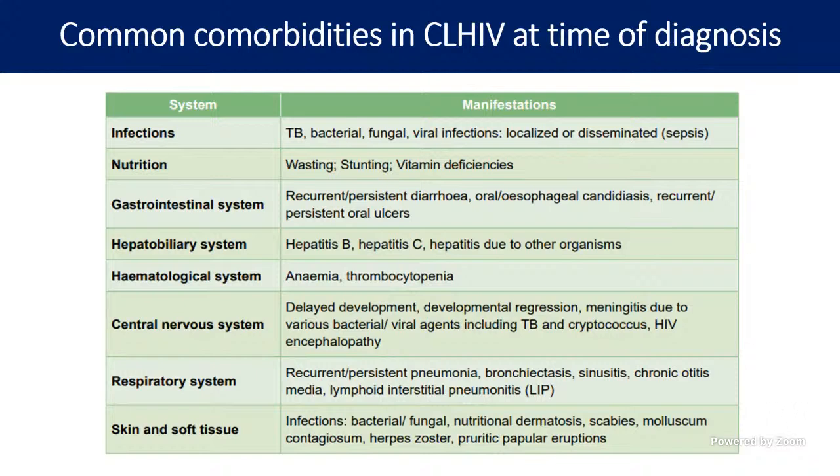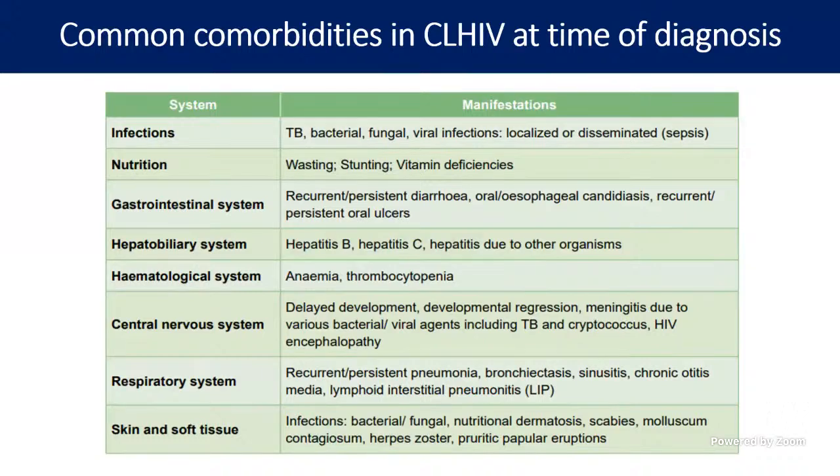Nutrition: what is happening when there is a problem with nutrition? Because of the ART drugs also, that may cause nausea, vomiting, and the children tend not to eat much, and they may land up with multiple vitamin deficiencies. Then they may have wasting, they may have stunting, they may present with oral candidiasis. When we see them having oral candidiasis, then they may have diarrhea, they have oral ulcers, and this diarrhea continues as persistent diarrhea.